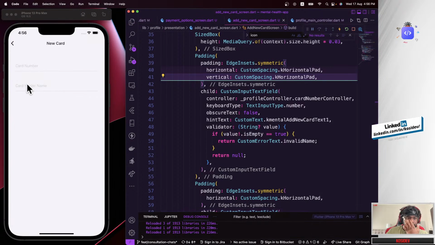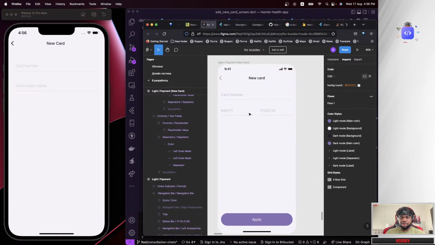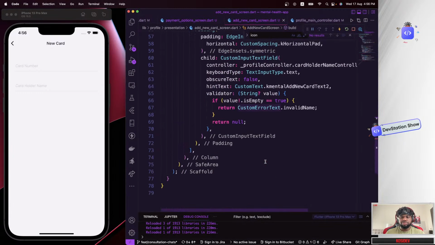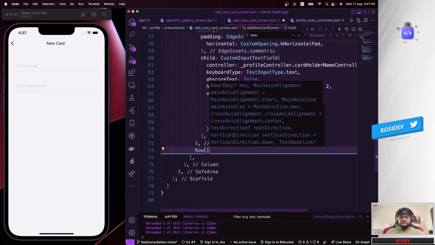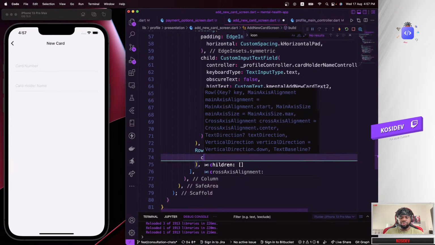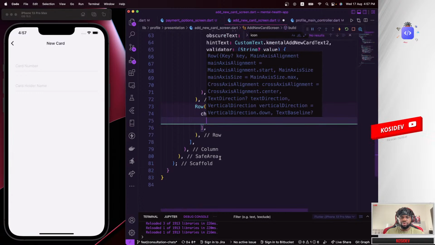Okay, yeah, that makes sense. So we have the spacing, card number, card holder name, and we need two more fields, but they are going to be in the same row. So this and this. So how do we actually factor that in? So still inside our column, I'm going to add a row widget, and inside the row widget, I'm going to add a children property, and inside the children property, I'm going to add